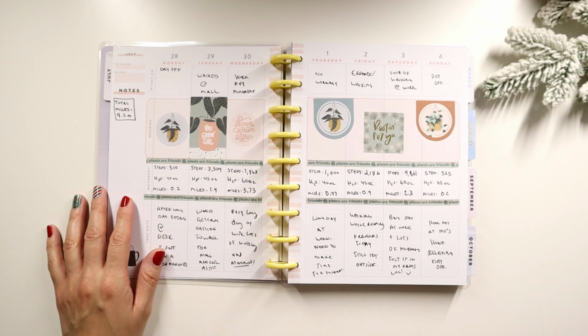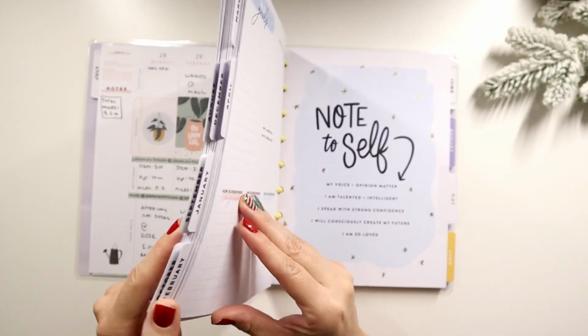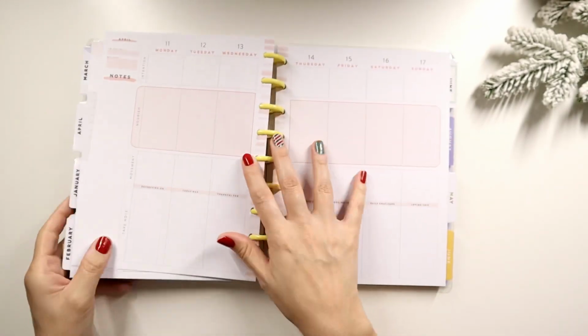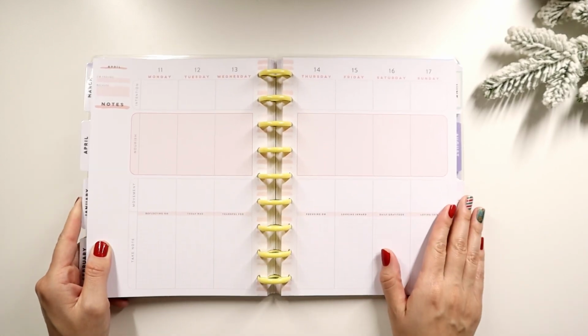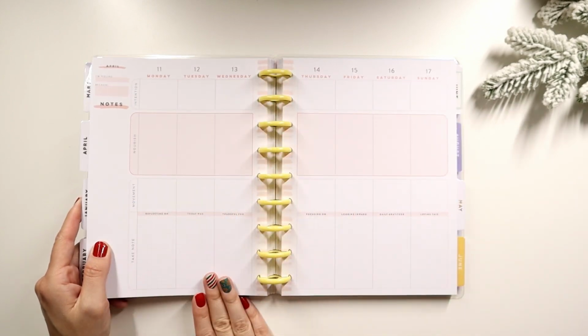So for this one, this is a wellness planner, and I'm going to show you there's a month that hasn't been used because this is an 18-month planner, so it goes into next year. And I might bring this back, so I have it. I'm going to keep it in case I want to go back to this layout. It simply has nourish, intention, movement, take note, and it goes each